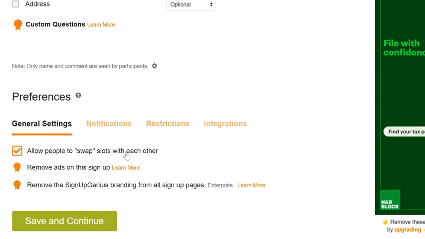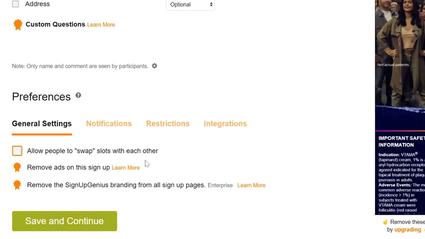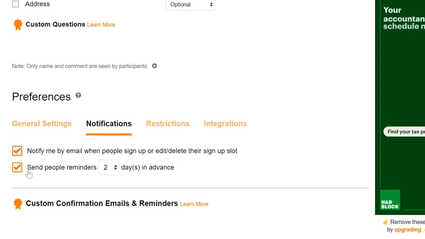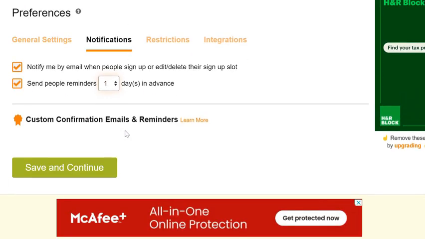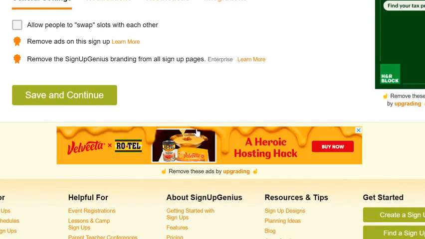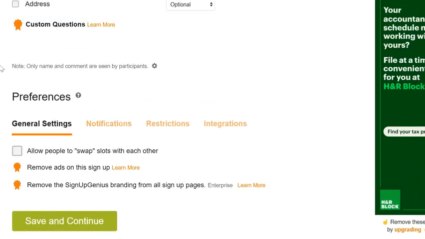The next thing you want to do is when you get down towards here, the allow people to swap, I would check that off. The notifications, you want it to notify you and not have it send a notification to the parents. I think the day before is probably going to be best. If I come back to general settings, I just want to make sure I think we have everything set up that we want. Actually,